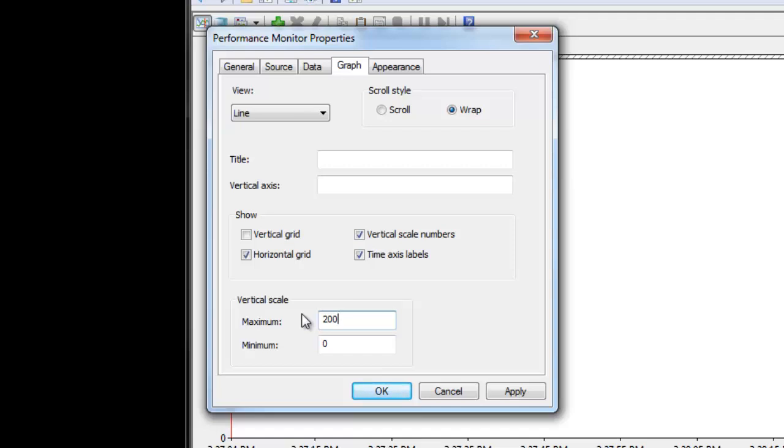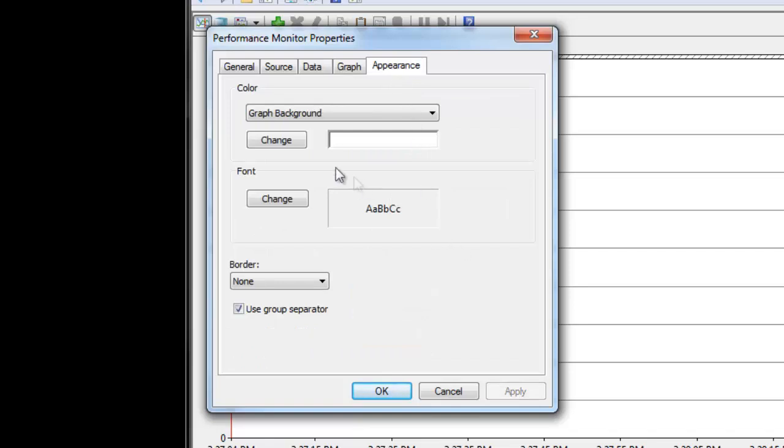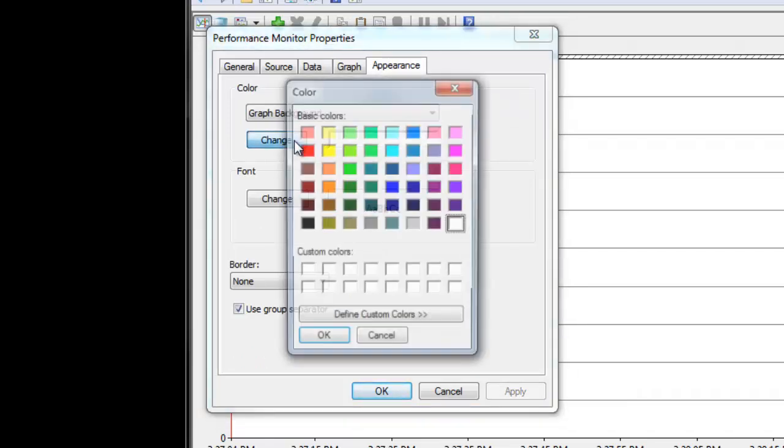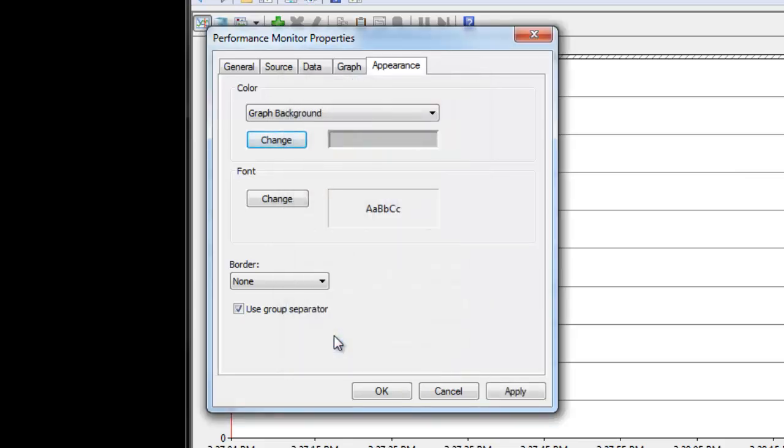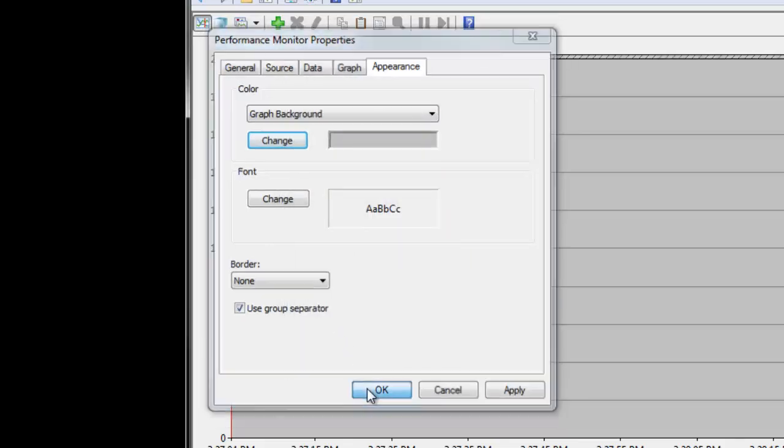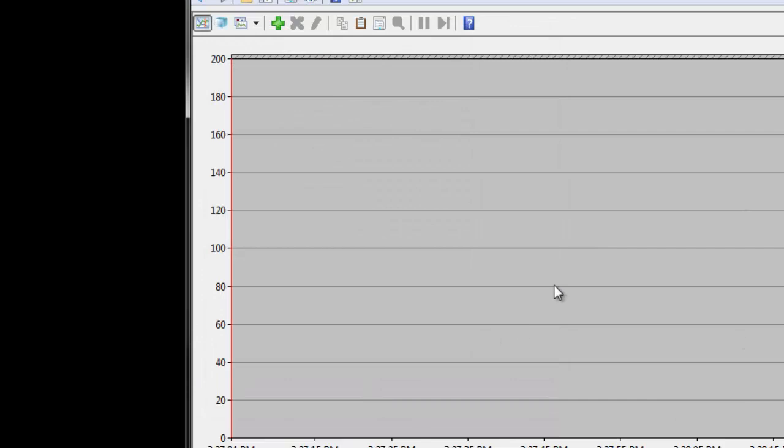So the maximum megabytes you can get with a gig connection is approximately 124, 125 theoretically. So 200 should cover our vertical scale anyway. Okay, go to the Appearance tab. I like setting my background to a nice drabby gray here. Alright, there we go, and that's our basic look on our perf meter graph.